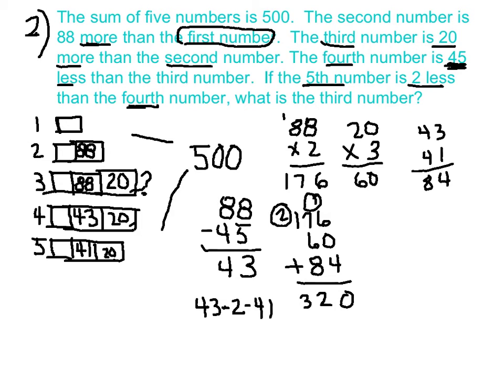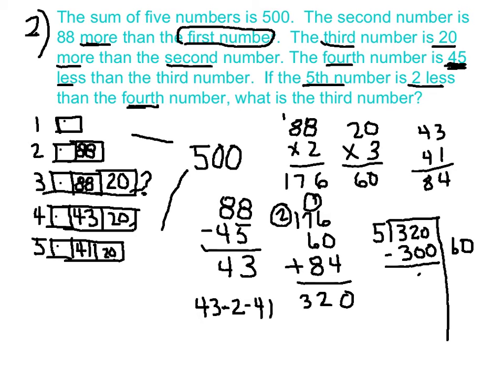Alright, so that is equal to 320. So if I took away all of these extra numbers, all together these 5 boxes equal 320. So if I split that 320 into 5 equal boxes, I think it's the nines for 5s too, isn't it? And this is close to what I did a few minutes ago. So this would be 60 groups of 5, and of course that's 300. I end up with 20 left. I know my multiplication table, so that's 4 times 5. And 60 plus 4 would be